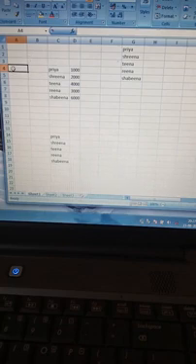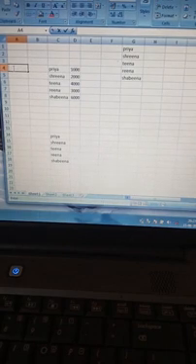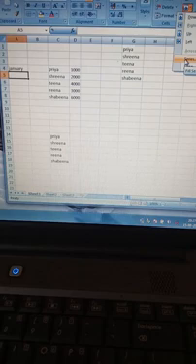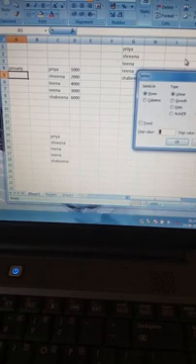Once again I type January, go to the next cell, select it, then series, fill series. Here the step value 1 means the difference between January and February is 1, and it works for numbers too.